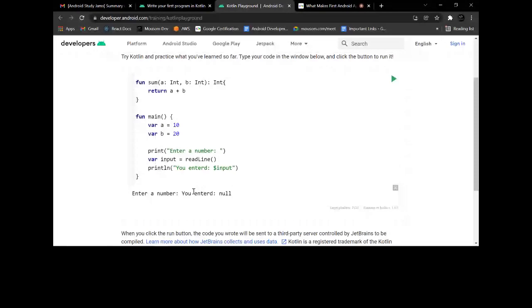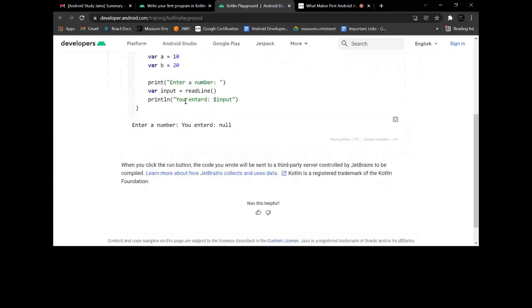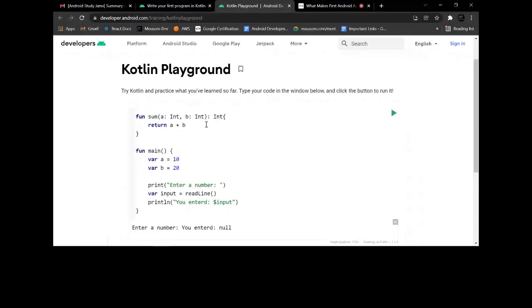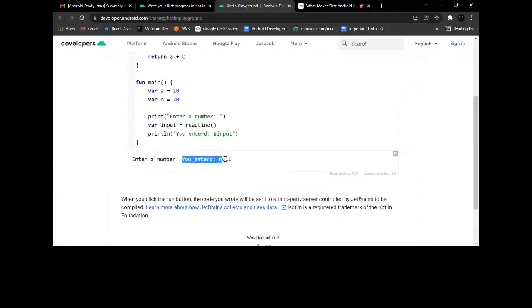Here I cannot input anything, because there is nothing over there. You can do that by using your real PC. Because I have not entered anything, it says you entered null. Inside your PC, when you have installed JVM, you can run any kind of Kotlin program.